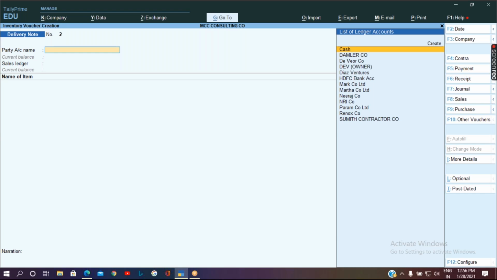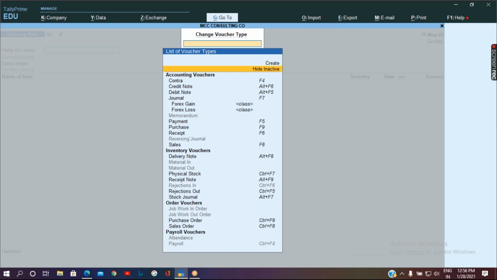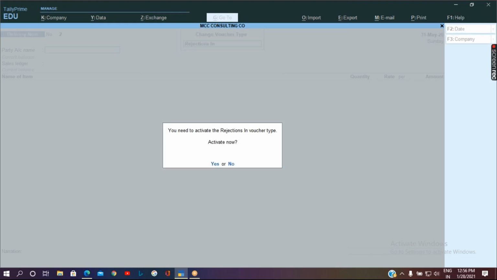That is by going to F10 and enabling it in show inactive. Make it as yes.